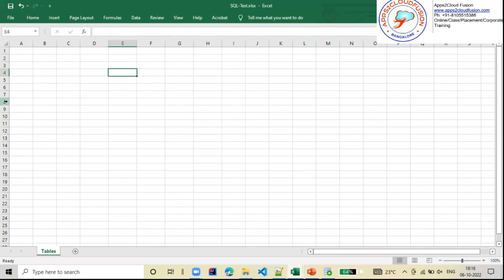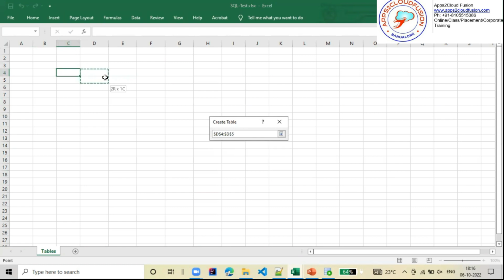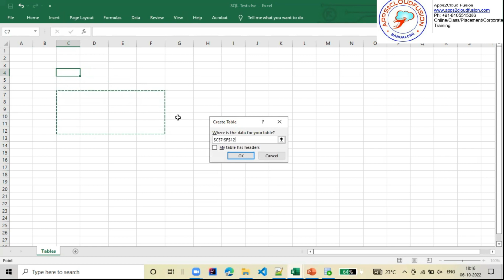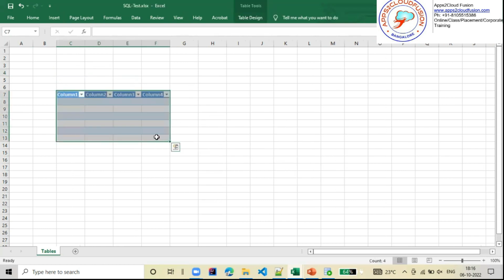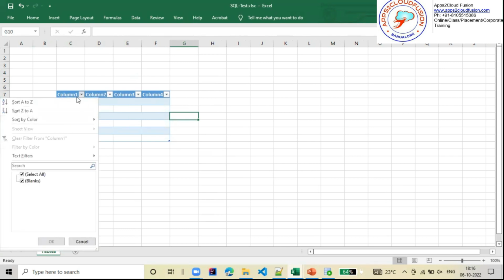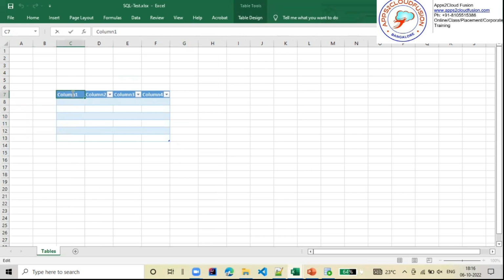Okay. Let's consider this one. See, I'm not going to use SQL first. I'm going to teach you some basics here. Let's consider this one. This is one table, right? Everybody understood, right? This is a column, right? You can give any name here, like